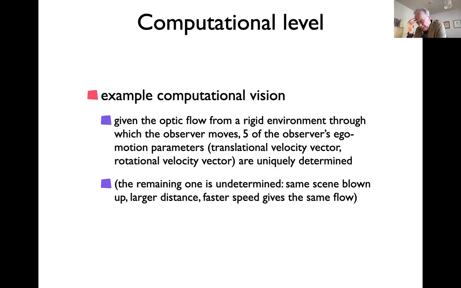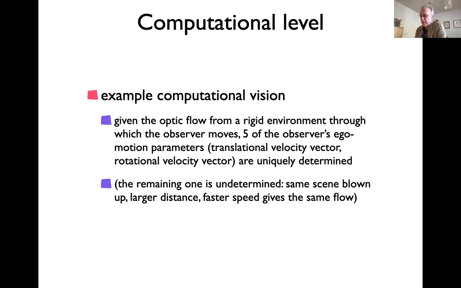So the computational level is supposed to be an abstract characterization of what a particular behavior or cognitive function is about. How is it constrained as a matter of principle? The famous example, the kind of examples that David Marr actually came from, is from what is called computational vision. It's sort of an abstraction of really understanding vision, saying, can I make some assumptions about the nature of the vision sensor and the nature of the environment and the world to understand what in principle would be a solution to certain problems of vision.